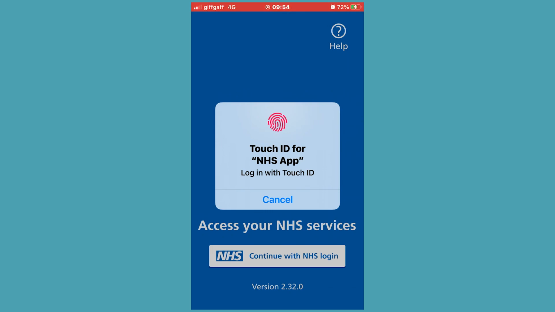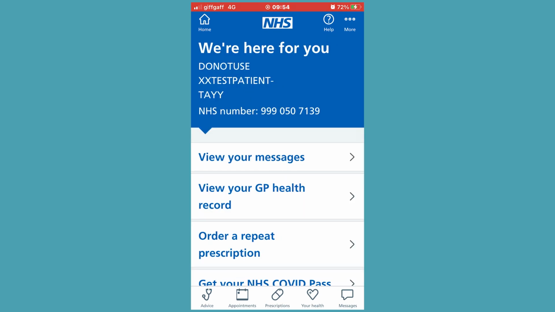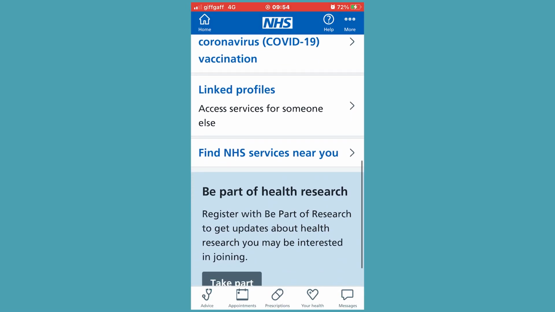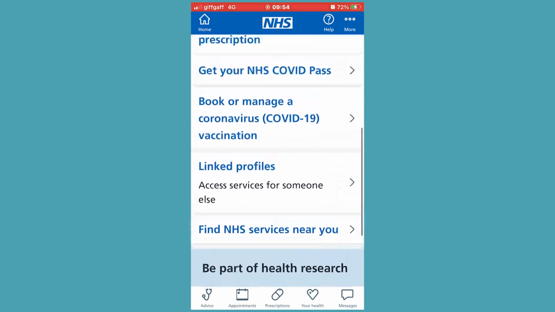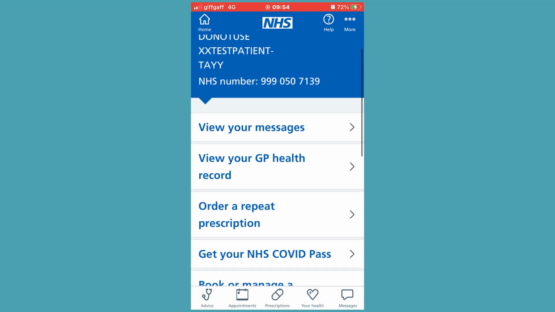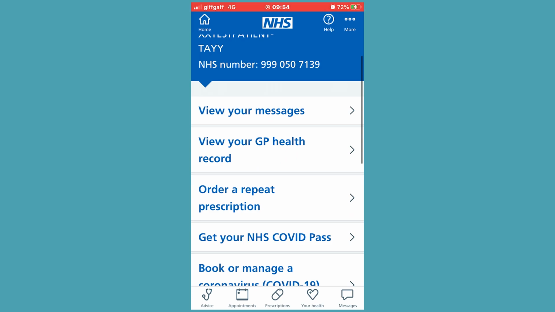Once we log on, we can see at the bottom of the screen there is a row of functions. The last three are prescriptions, appointments, and advice. On the main screen, there's a function that says order a repeat prescription. It is exactly the same as prescriptions at the bottom of the screen. So we click on prescriptions and